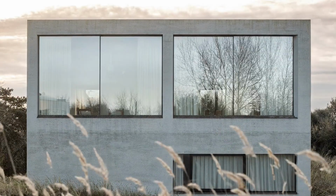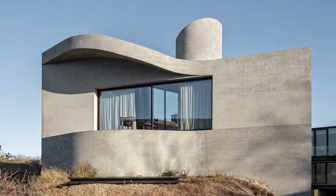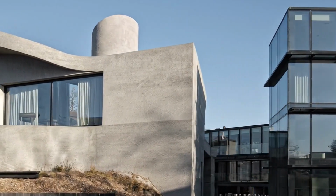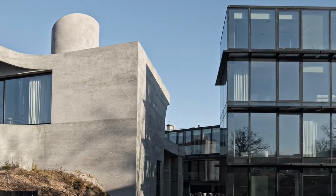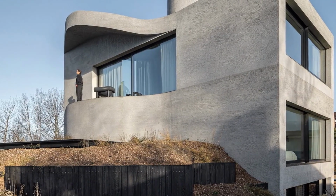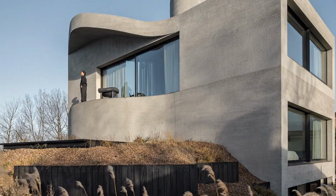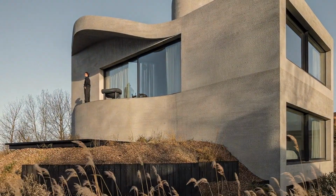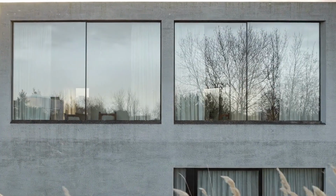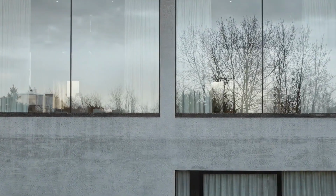Imagine a place where the rugged beauty of the Belgian coast meets the raw, unapologetic power of modern architecture. Villa Nouvelle Vague is exactly that. A sanctuary in Koksijde that feels less like a house and more like a sculpture rising from the sand. Designed by Magalie Munters, this home is a masterclass in contrasts, where the cool, gray strength of concrete is softened